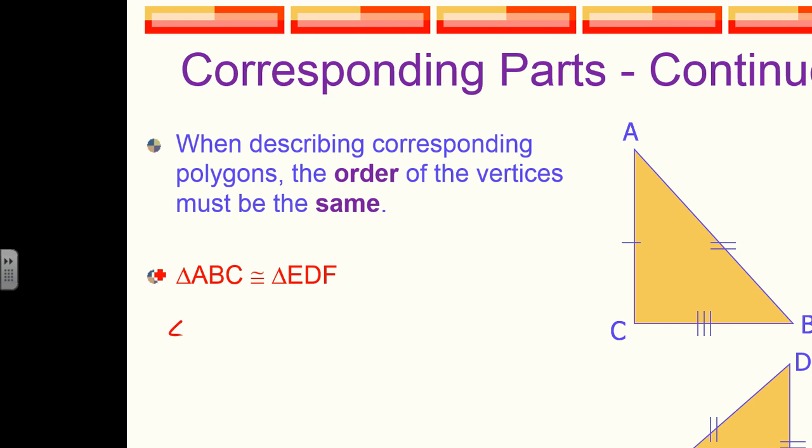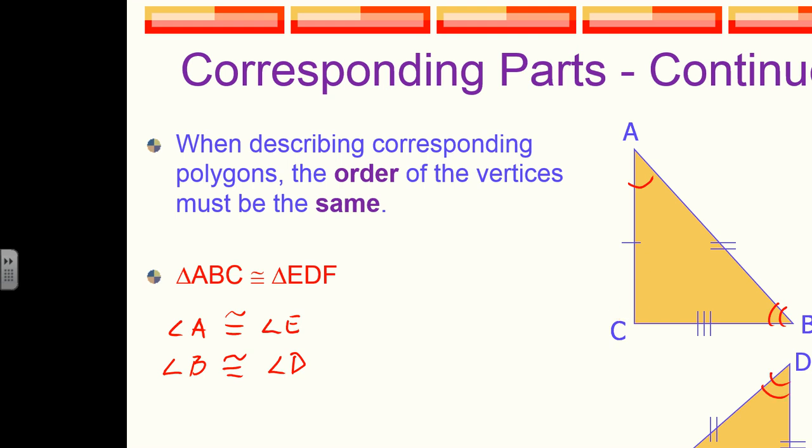angle A corresponds and is congruent to angle E. So go ahead, you can mark that up. And you can know that without even looking at the picture. You can know that just simply from the name. Reason being, A and E are in the same relative position in the name. They're the first letter. You could also know that angle B is congruent and corresponding to angle D. You can know that they're corresponding and congruent because they are the middle letter